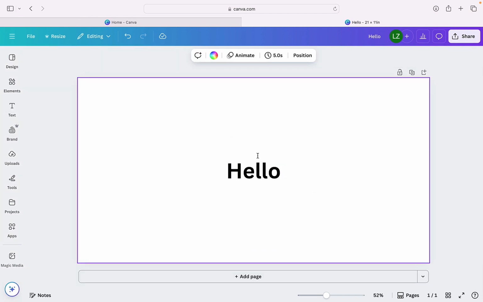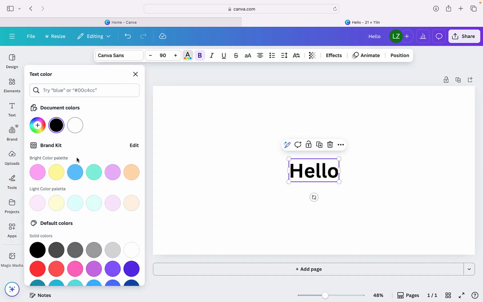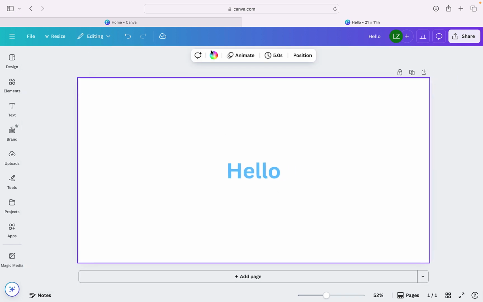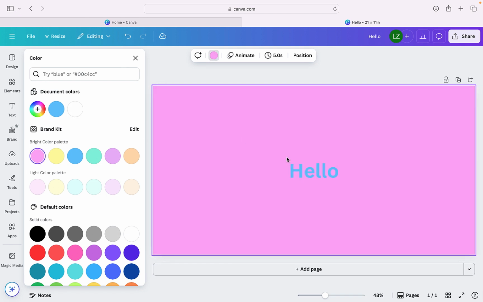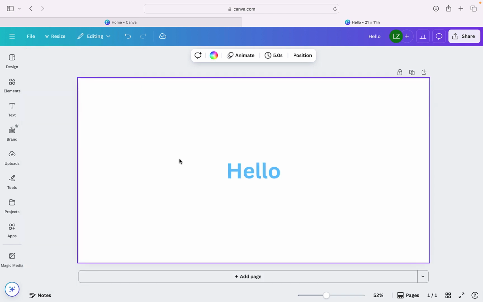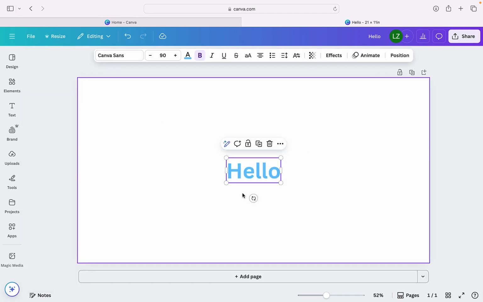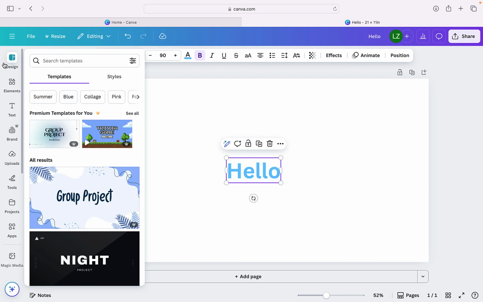As we can see now, the only thing we can change at the moment is the actual colour of the text, and the only way we could change the background is to click on the background, go up to the background colour here and change that. But maybe your design doesn't require you to change the whole background and we just want a text box. It's a shame that Canva doesn't offer that as an option, but there is a really simple workaround,